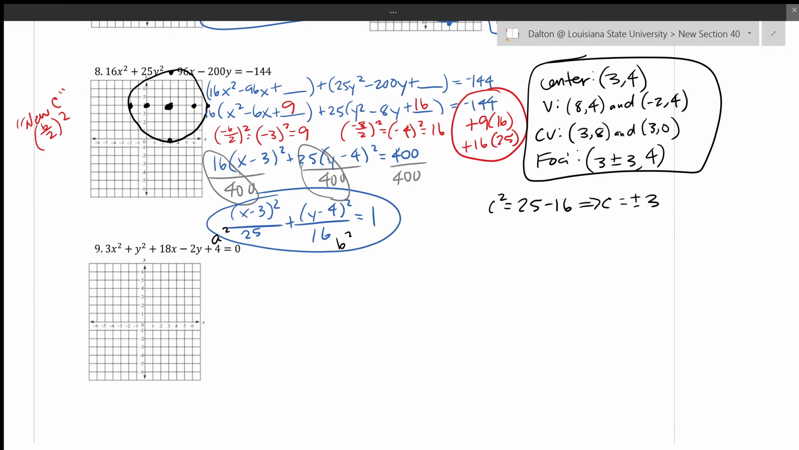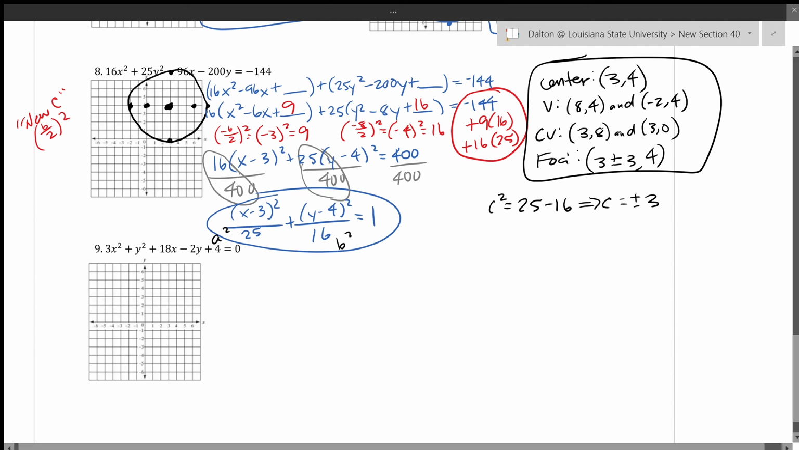Okay, similar scenario as we did in the last problem. We're basically following the same exact steps. So the issue is I don't have my equation of the ellipse in standard form. So we got to get it there. So first we want to go ahead and group our variables. X's with X's, Y's with Y's. So we got 3x squared plus 18x